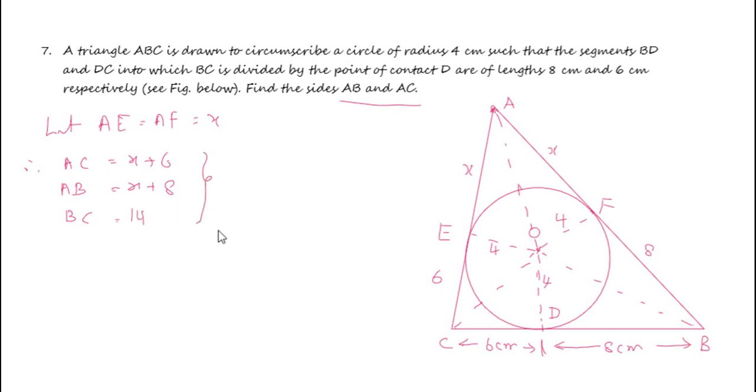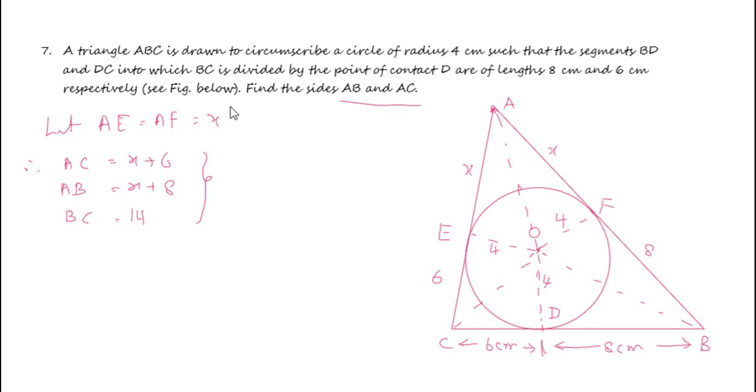We know now these three sides. From this, using Heron's formula, we can calculate the area. That is one way of calculating the area. Then in one more way we can calculate. We will consider these three triangles OCB, OAB and OAC. Individually we will calculate the area of these triangles and add. Then compare the areas calculated using Heron's formula and this method. Then we will find out x.